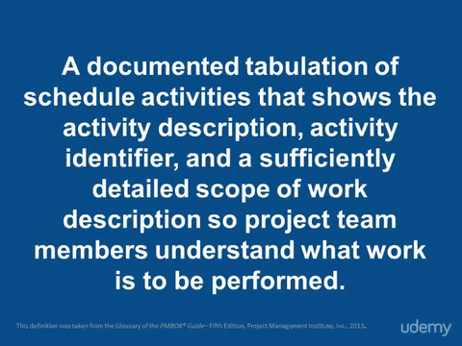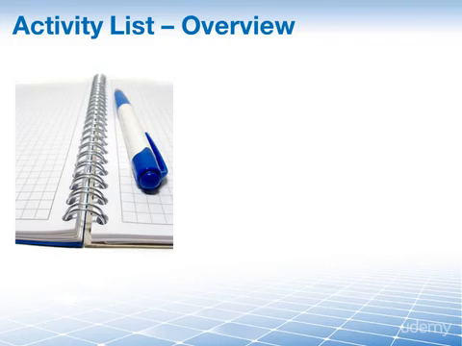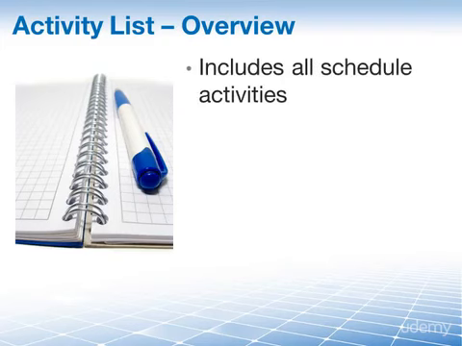We begin with the definition of the activity list from the PMBOK guide, which is a documented tabulation of schedule activities that shows the activity description, activity identifier, and a sufficiently detailed scope of work description so that project team members understand what work is to be performed. And please note, the activity list represents all of the scheduled activities that need to take place for your project to be completed. So in other words, the activity list is an extensive list that includes all schedule activities needed